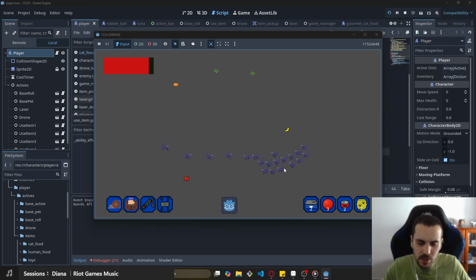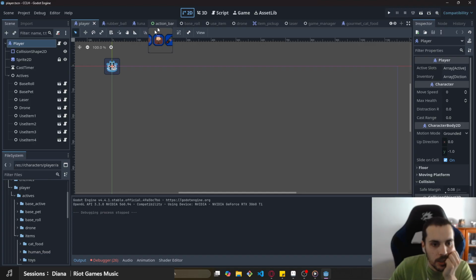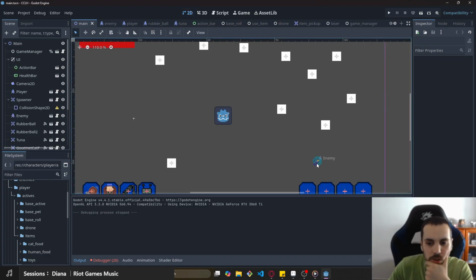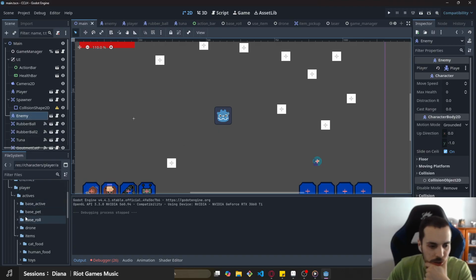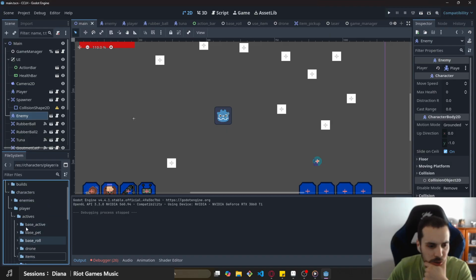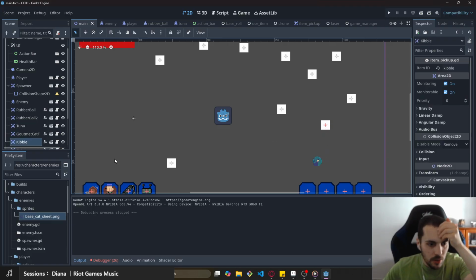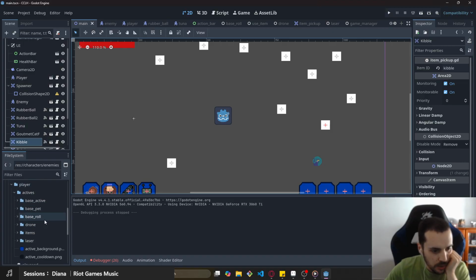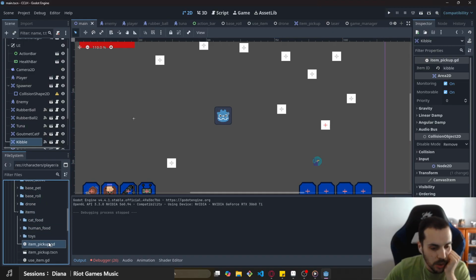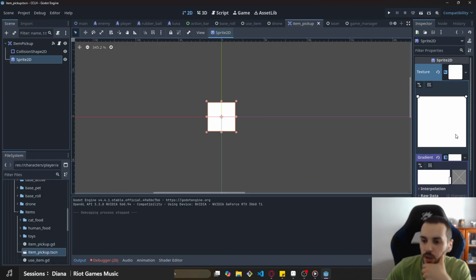These guys are 16 by 16 actually. Why are they the same size as these things? That is a good question. Let me see. This enemy is using this sprite, which is 16 by 16. What about the pickups? Here is the item pickup, and here we have this 32 by 32. Makes sense that this is 32 by 32